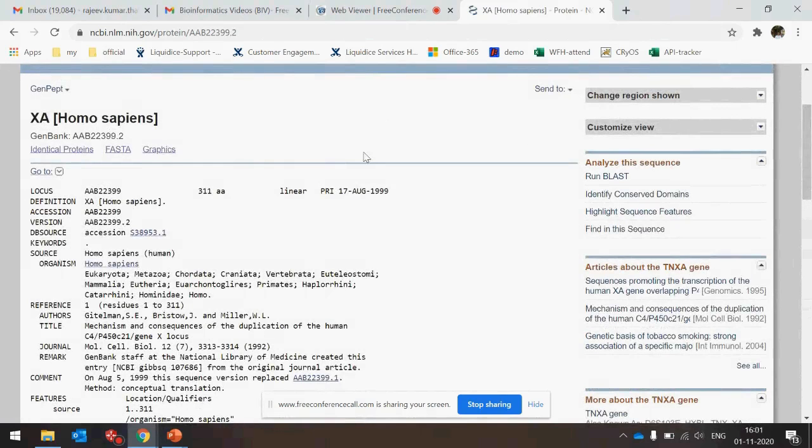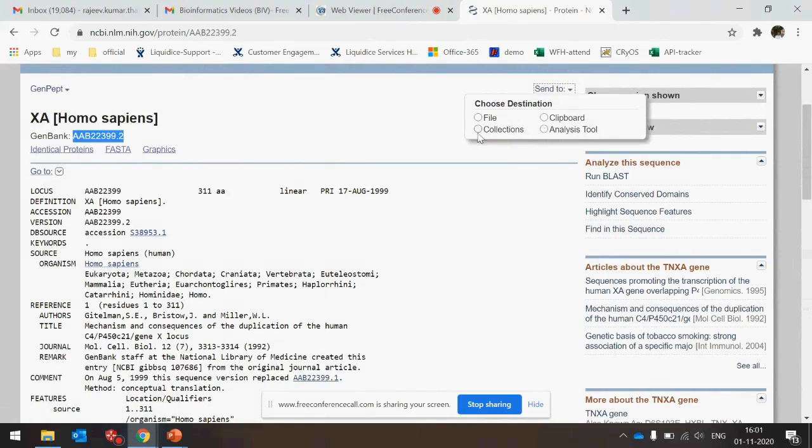So we have seen this now. We had the accession number, and from the accession number we can understand what the protein is. We first searched the protein and saw the accession number. If only the accession number is given to us, we can type or paste it in NCBI and get this very protein. Now we want to